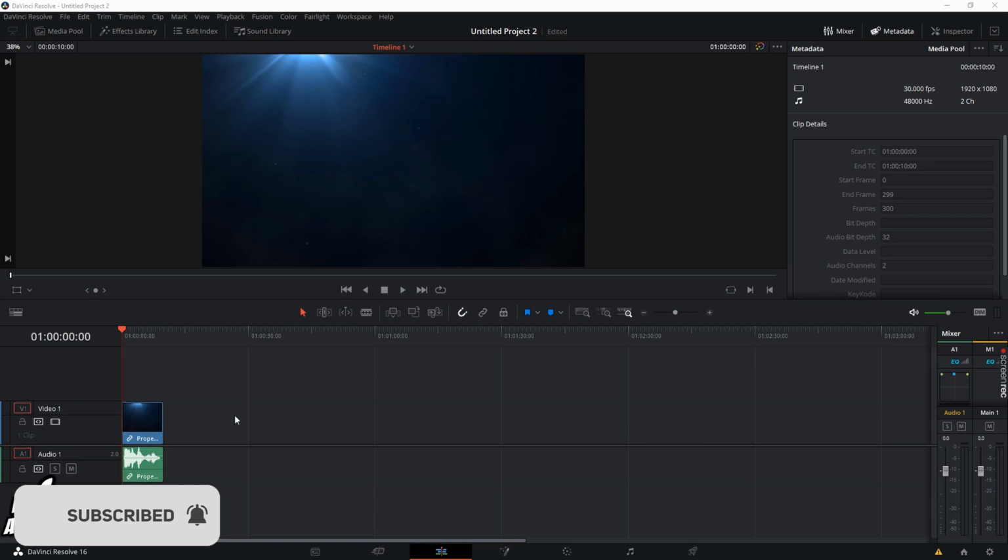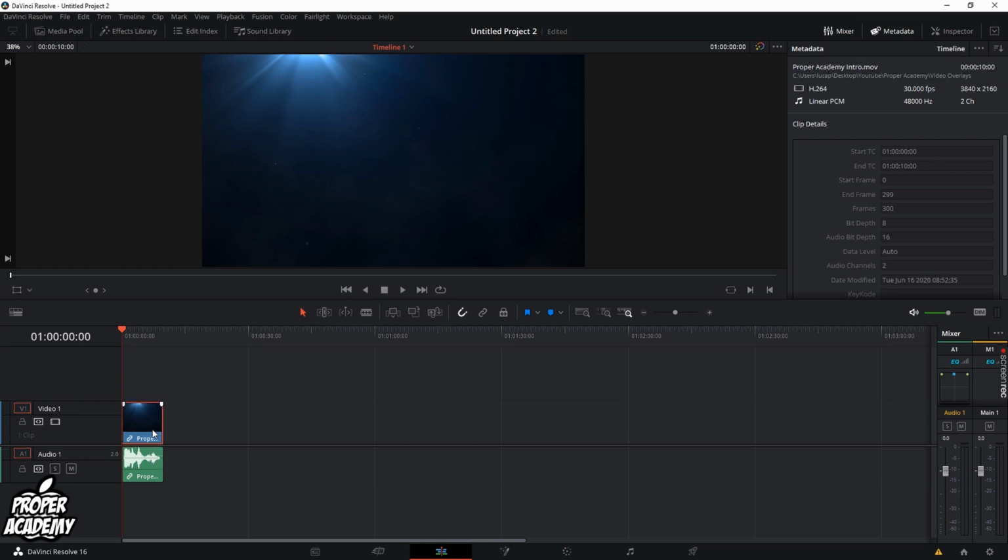So all you need to do is ensure that you have a video in your timeline that you want to edit, and then you want to go down to the bottom and just ensure that you're in the editing tab. It's just the third tab from your right. So then all you have to do once you've done that is just click on the video that you want